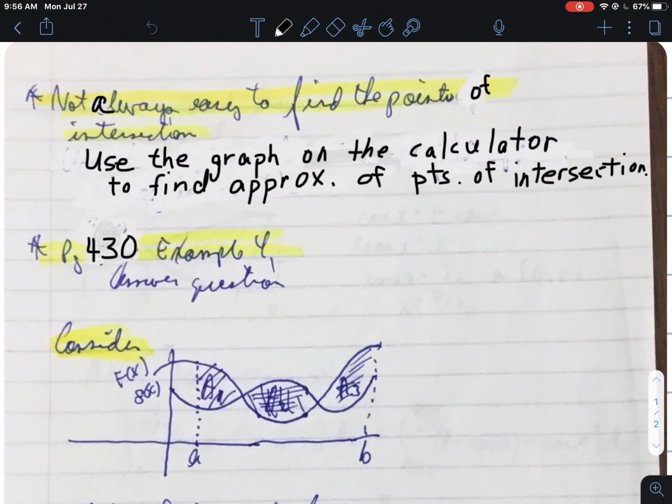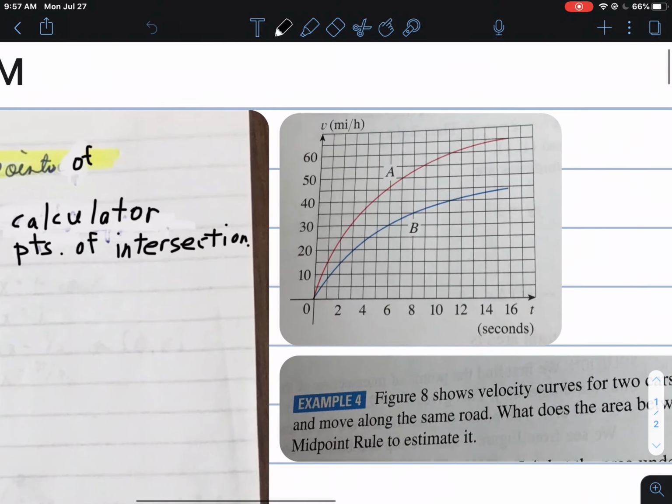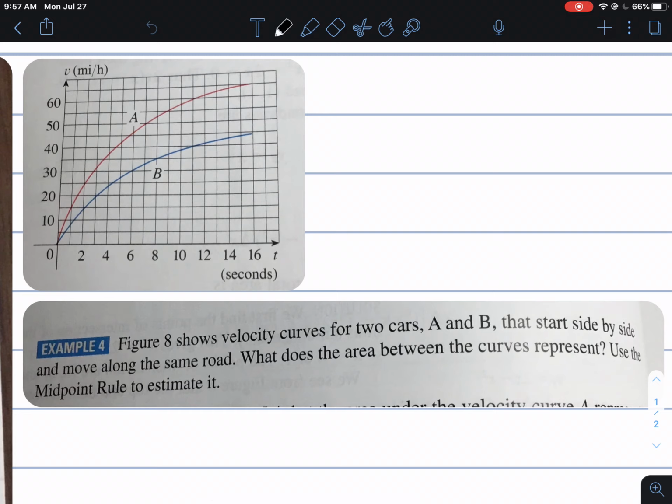So like I said, you could use the calculator to find those points of intersection as well. Oh, and before I get to the next graph, in this section there's an example 4, because I just wanted to bring this up as a reference back to the context. Like we said, what does the area under the curve represent? We had it mainly in the context of the area under a velocity curve, right? Then the area under the velocity curve represented the distance traveled by an object, right? So this example 4 on page 430, if you want to reference that, and I brought it in here, gives us the graph